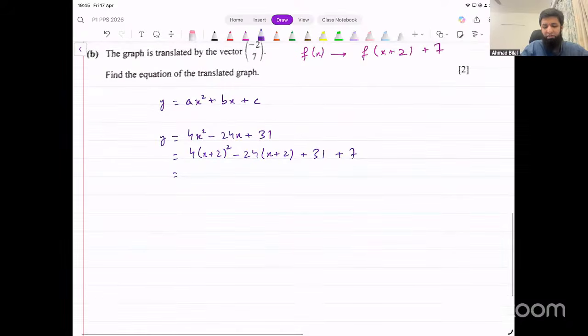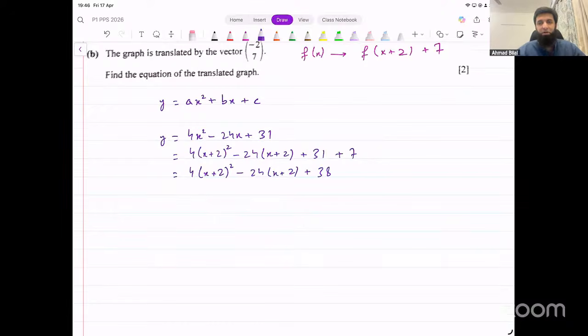Now they have not really specified that you need to simplify this. So as long as you just add this up and write 38, it would not be necessary to expand this further. So you could write it like this: 4 into (x plus 2) whole squared minus 24 into (x plus 2) plus 38, and that will be sufficient. You'll get those 2 marks. But to be on the safer side,